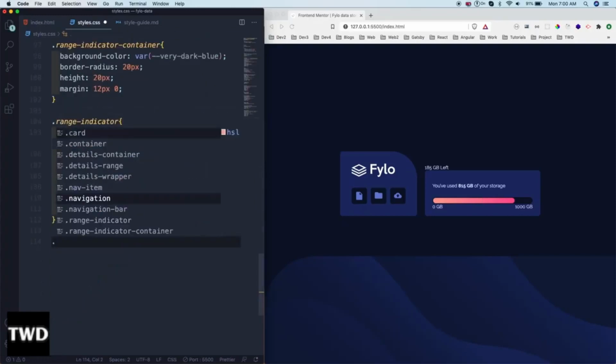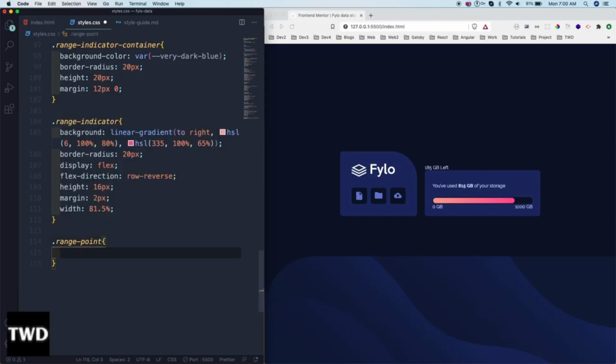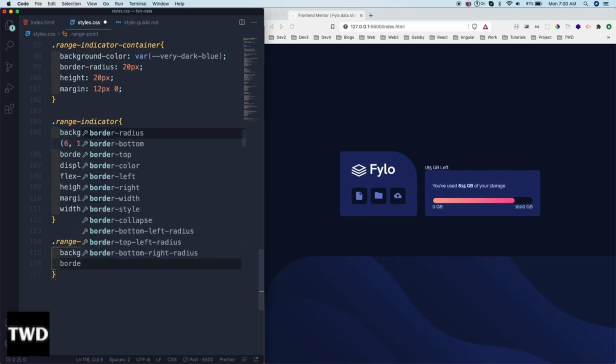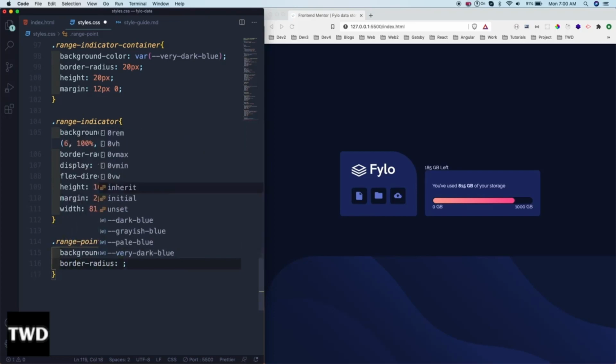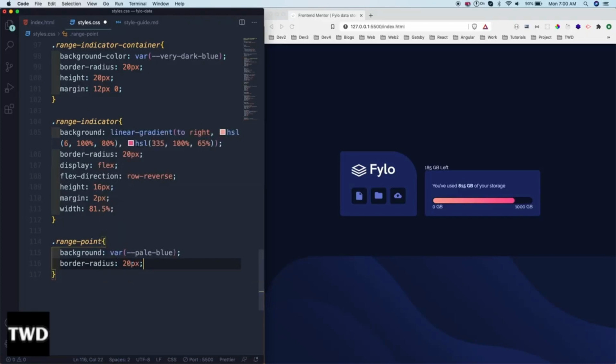So dot range point, background will be not background attachment, it is background where dash dash pale blue, border radius is 20px,